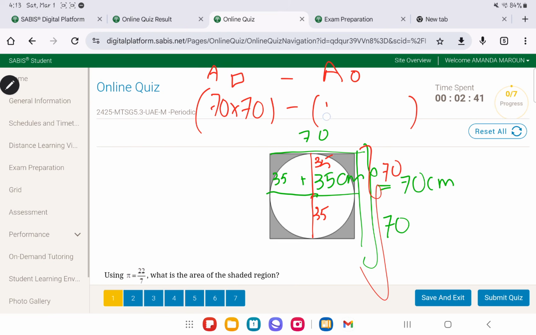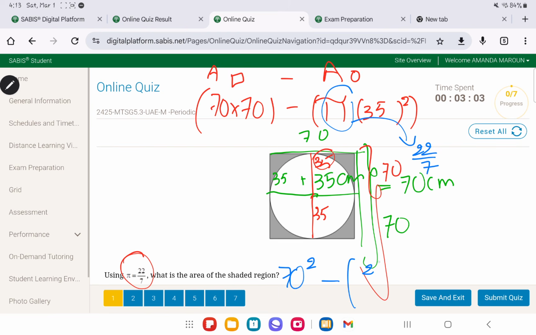We know the area of any circle is pi times r squared. So in this case, the radius is 35, so 35 squared. And they said use pi as 22 over 7. So if we use pi as 22 over 7, it is going to look like this. On the calculator, you can put it as 70 squared minus 22 over 7 times 35 squared. Now, square the 35, by the way. Okay, so if you put it on the calculator,